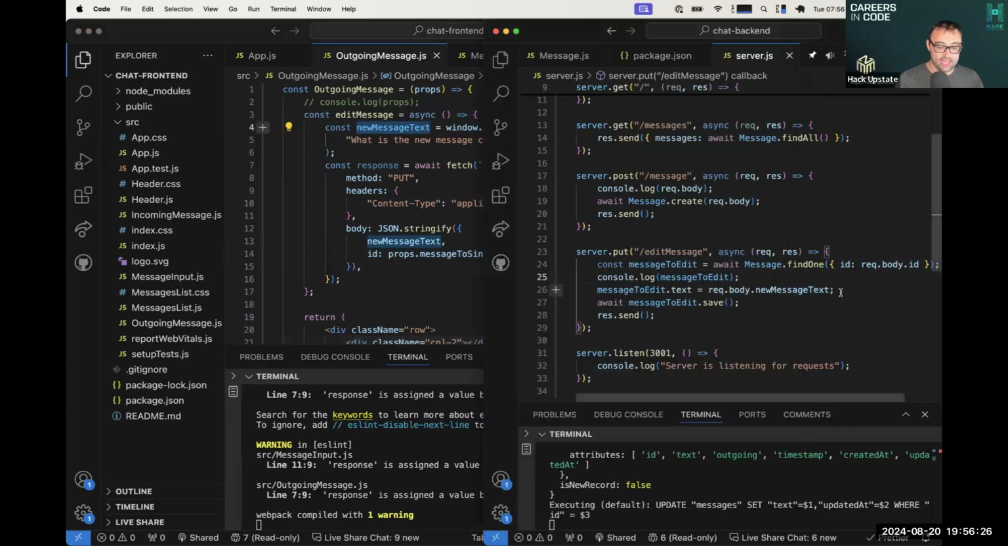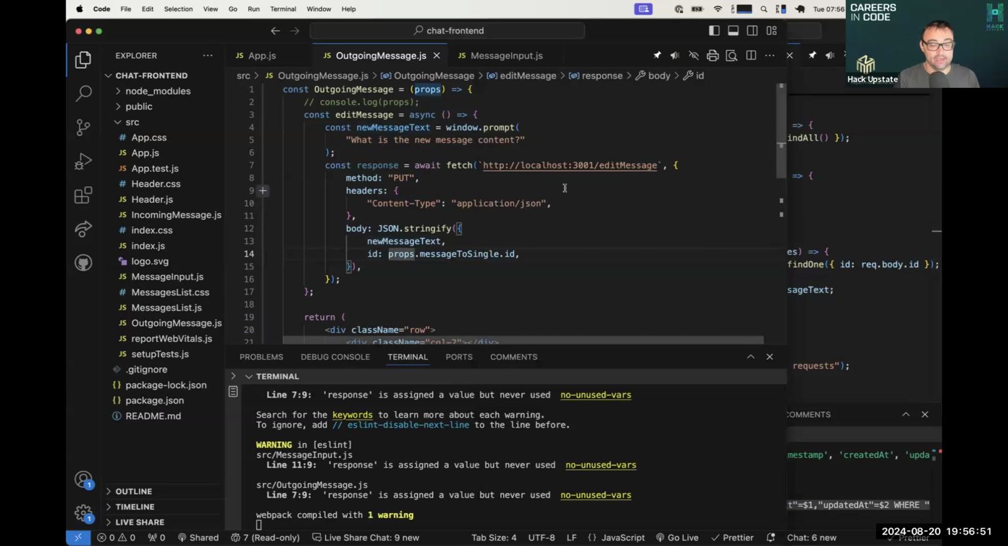Once we update that, we have to tell the database, save that new updated information into the database. So we call message to edit.save, and that's what actually executes our update statement down here. Then we just send back, hey, we've received your request. We're sending you a response. It is pulling ID from,